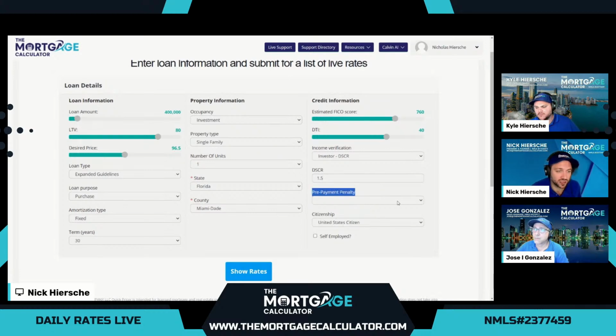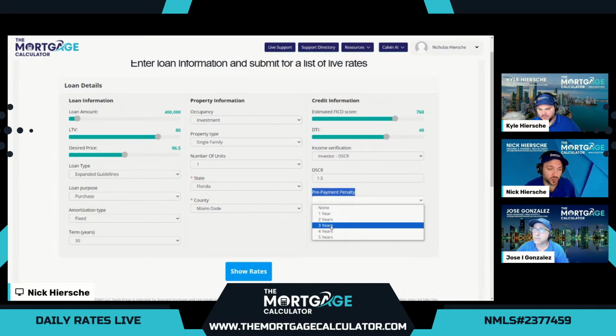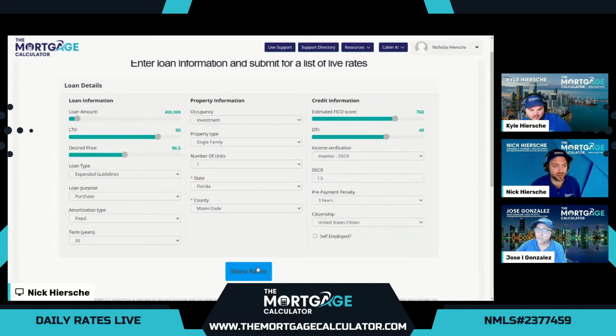And the final thing we must select is a prepayment penalty. This is standard for a non-QM investment. So we always choose 3 years. So again, we can see all the most common programs pop up. We can select 0. That will limit the amount of loan programs that show and cost more. And same with 5 years, that will limit the amount of loan programs, but does save our customers some money if they want to go with a 5-year option. 3 years is standard, so that's what we use for our demo here today.